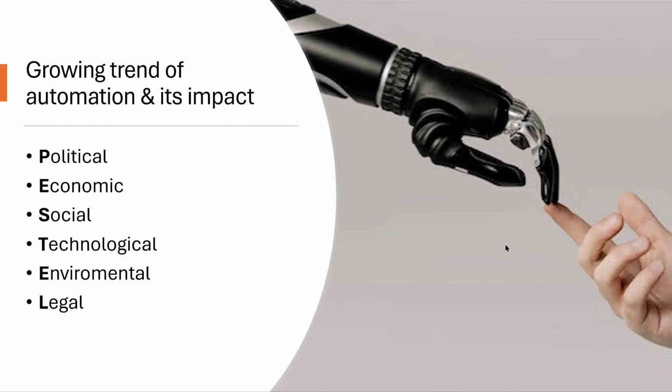In economic, you can analyze the potential job losses, shifts in labor markets, and economic implications. For social, you can discuss societal concerns about inequality, social unrest, and changing cultural values. Technological, you can explore the pace of advancement, ethical considerations of AI. Environmental, you can investigate resource efficiency, sustainable production, and environmental benefits. Legal could be your intellectual property rights, data privacy, labor laws, or AI biases.